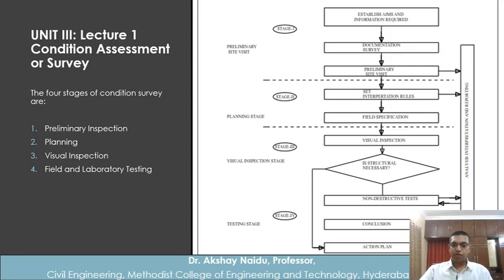Next, after that will be visual inspection. In visual inspection, we carefully observe from technical point of view how the building is functioning, and we may have to do some non-destructive tests and sometimes partially destructive tests. And then we do an analysis and interpretation and report. Based on that, we come to a conclusion. If structural repair is necessary, then we make an action plan. Otherwise, we say structure doesn't require any repair. There may be some very minor patchwork repair.